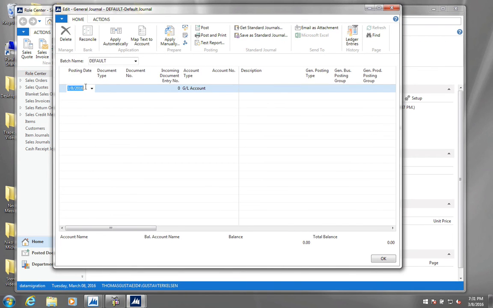And again, posting date needs to be on the day of migration. And in the document number, again, you choose open and then, for example, bank. And you choose the account type as bank. This means that it's going to post to the bank account, and through the posting groups, it is going to post to the GL. So in the account number, we choose our HSBC,